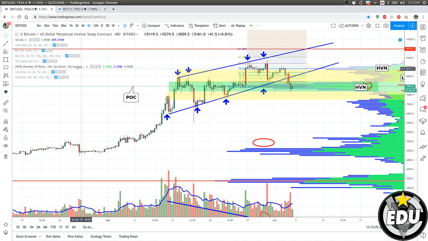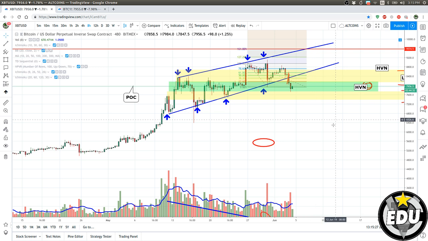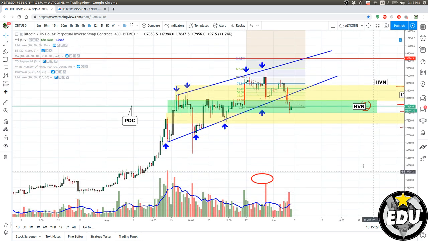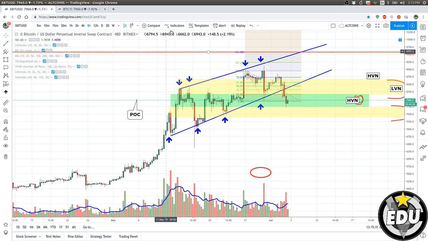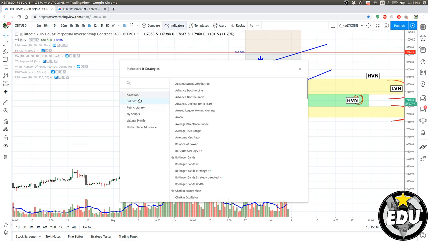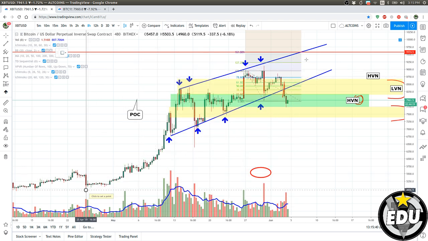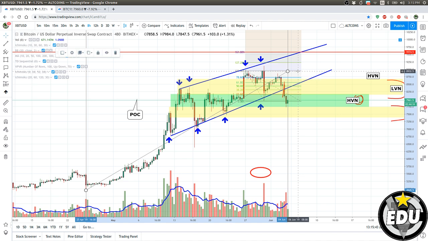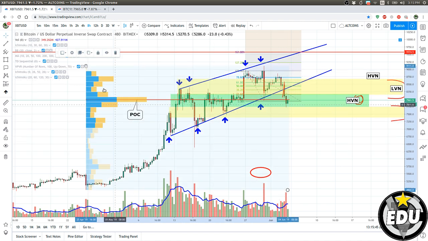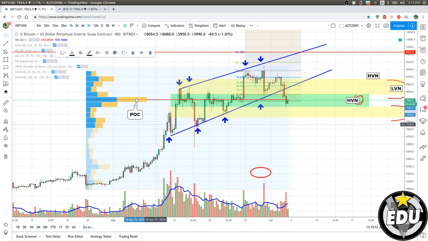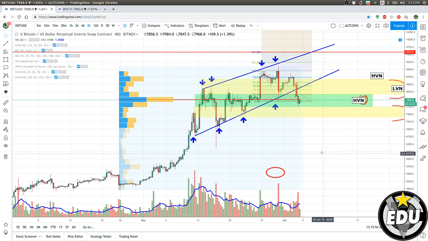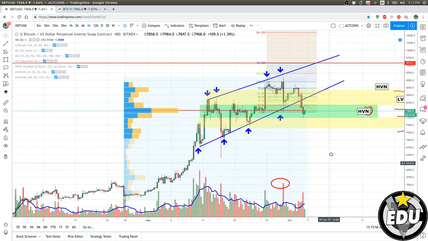If you don't want to screw things up, you can use the fixed range volume profile, and you can trace the range that you want to add. Here we go, and it will tell you, just on this fixed range, which one is the VPVR point of control, and you can see it's the same one that I traced before. Like this, it won't change when you move the chart around.